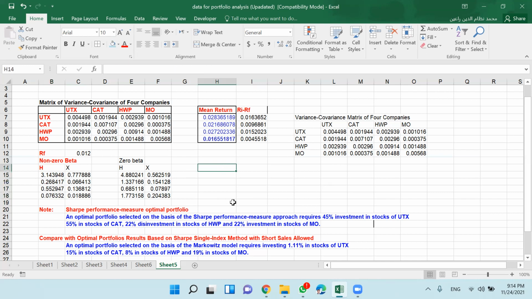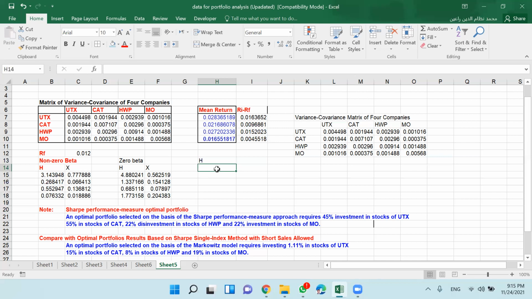These are values of H. And this is non-zero, first non-zero, meaning that we do not subtract the risk-free rate from the actual return of the securities.